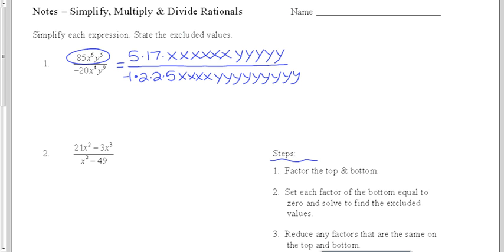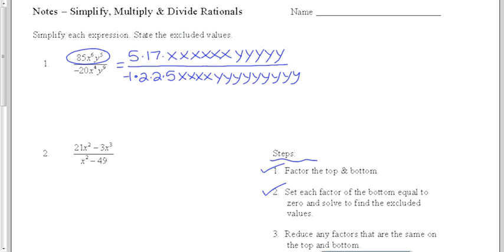Hopefully in the future we won't have to write out every x and y like this. We'll just use our rules of exponents as we go. But that's where we are. So step 1, factor the top and bottom. We've done that. Step 2 is to set each factor on the bottom equal to 0 and solve to find